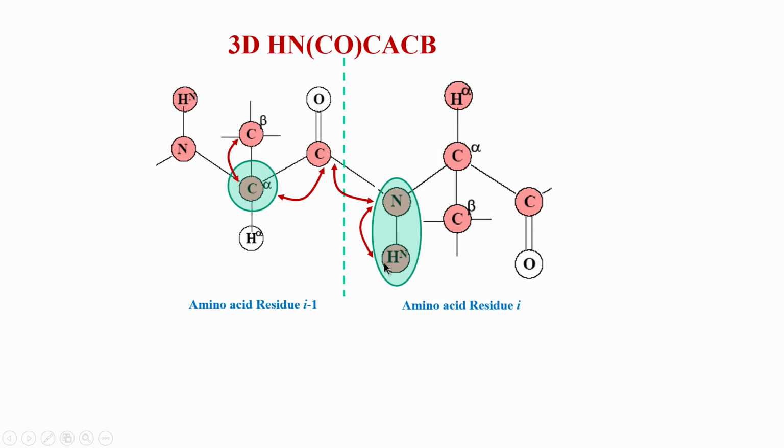But again look at this, it is exclusively, selectively going to I minus 1, it is not going to I, because NCOCA does not exist here, it is NCACO. So, this transfer happens exclusively from I and it crosses the border, this is the border here, and the magnetization goes to the neighboring amino acid. From the neighboring amino acid it goes to C alpha, and from there to the C beta station. You can think of these as stations, then it comes back.